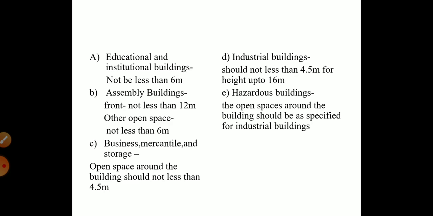Okay, for the industrial building, the open spaces around the building should not be less than 4.5 meter for the height up to 16 meter, and with an increase to open spaces of 0.25 meter for every increase of 1 meter. Okay, see, it's an important point. For industrial building,